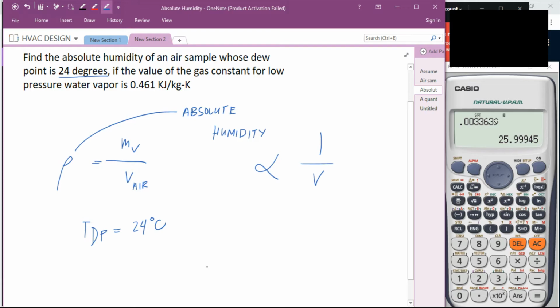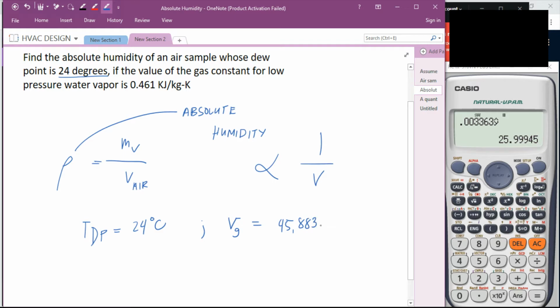What is the specific volume there? Sige nga. Steam tables muna tayo. Hanapin nyo sa steam tables yan, 24 degrees Celsius. Makikita nyo yung value at Vg. Vapor yan eh, Vg ang hinahanap natin. Okay, anong value nun? That is